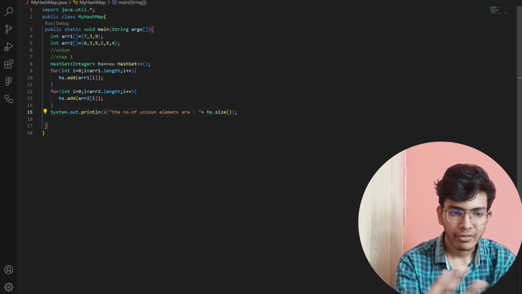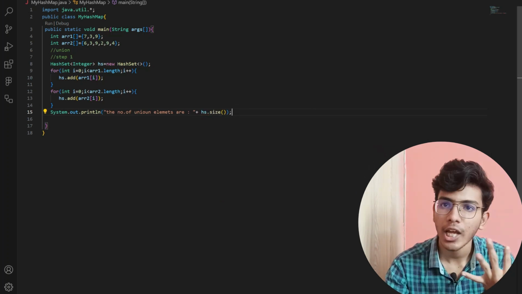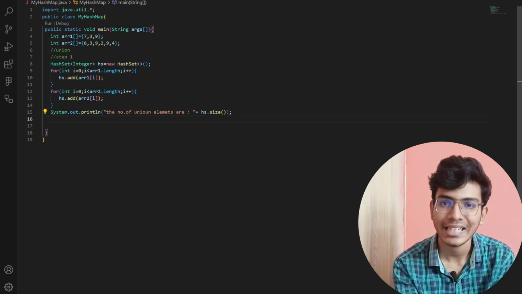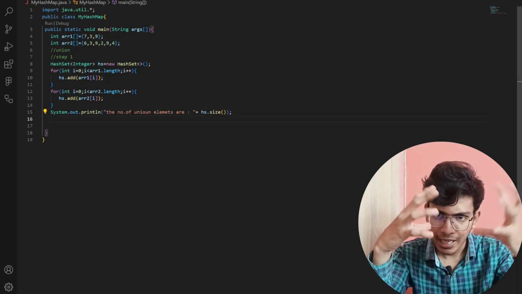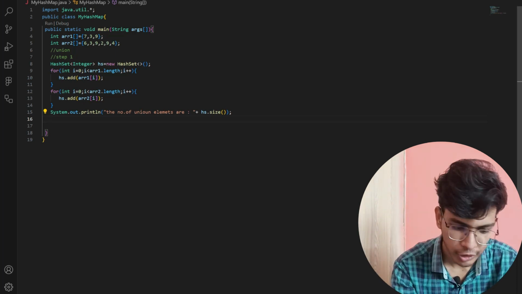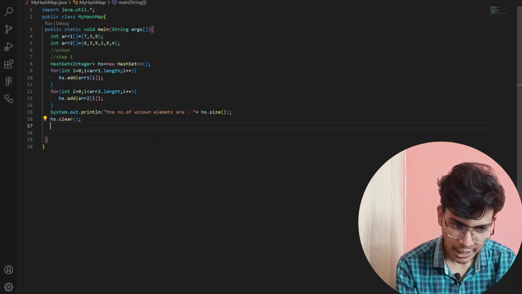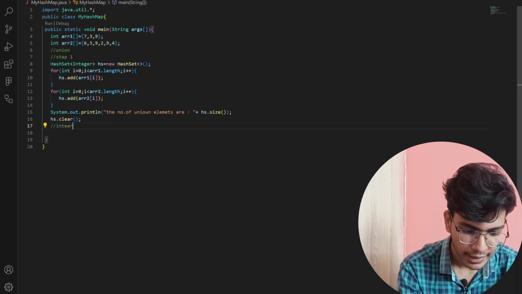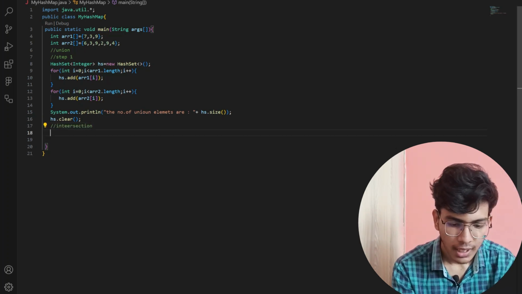Now after performing union, I need to calculate the intersection also. So I will clear my hash set. Whatever elements I am having, I will remove all of those. So I will write hs.clear(), clearing my hash set. Now I will go to intersection. Talking about intersection, the step 1 is